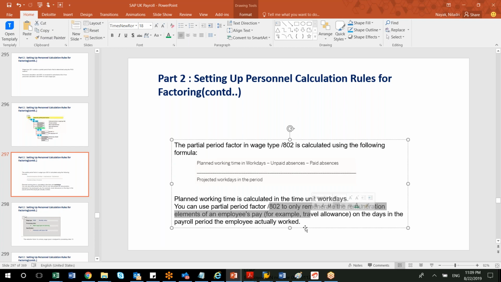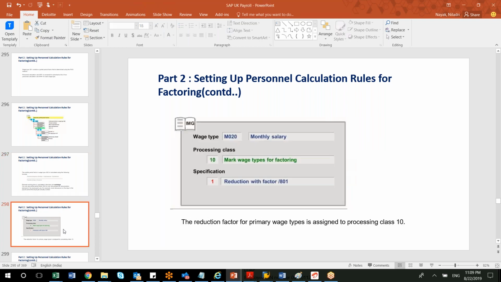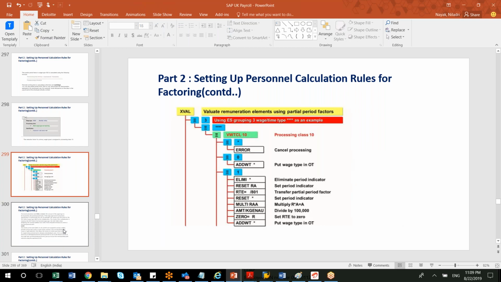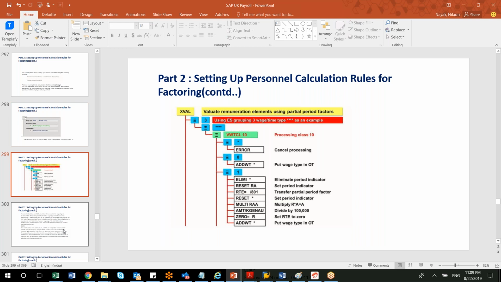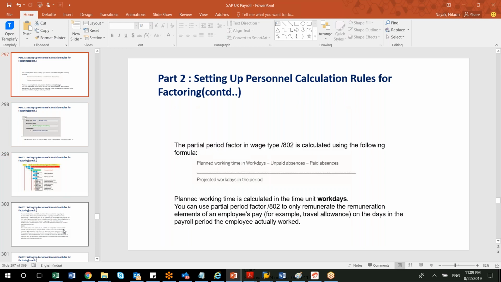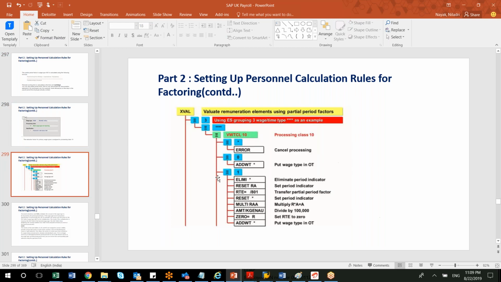Similarly, you can go through the remaining part. Those are more or less similar, only the formulas are different and accordingly your rule will be different. So this is also an opportunity for you to understand how to manipulate the rules. You have a rule which is defined as a generic rule, like a mathematical formula or this kind of thing, and how to translate it. So if you understand how to translate this to a rule,